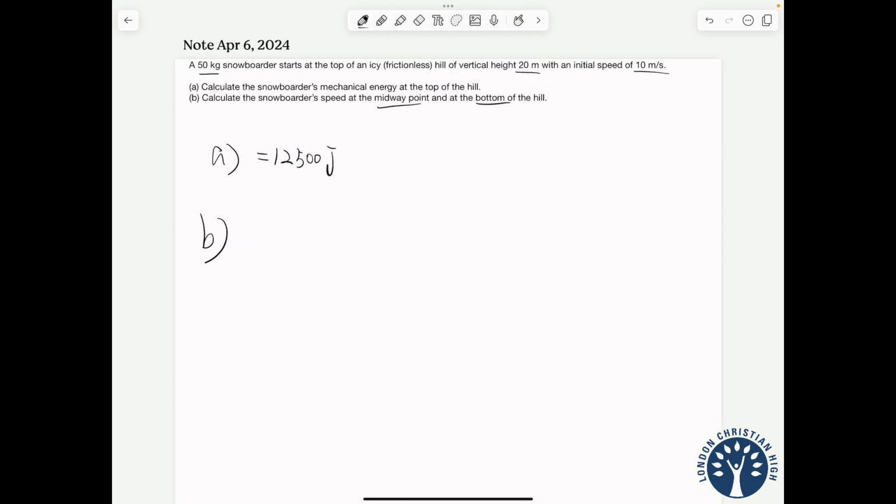Now let's see the speed at the bottom of the hill. Since gravitational energy only exists when there's a height, when the snowboarder is at the bottom of the hill, there's no height at all. Therefore, the snowboarder will not have any gravitational energy. So all the energy that the snowboarder has right now is kinetic energy. So we write down our total energy. That's always going to be 12,500 because we assume that it is a closed system. There's no energy loss. Therefore, the total energy will always be this. And then since it only has kinetic energy, we're just going to write down 1/2 mv squared. And of course, m is 50. We are able to solve for v. V will be 10 times.